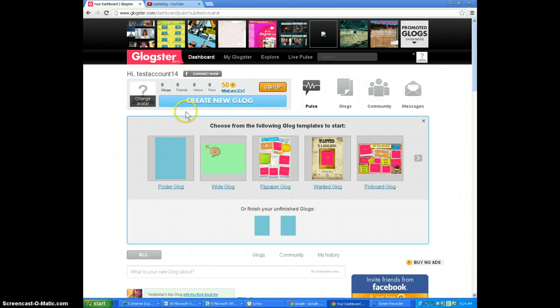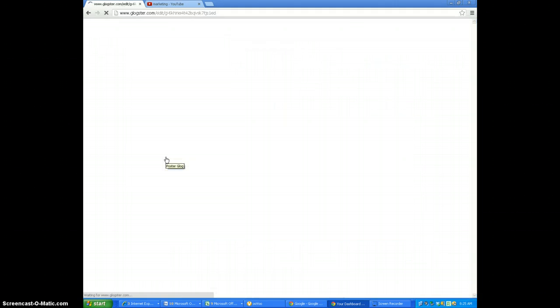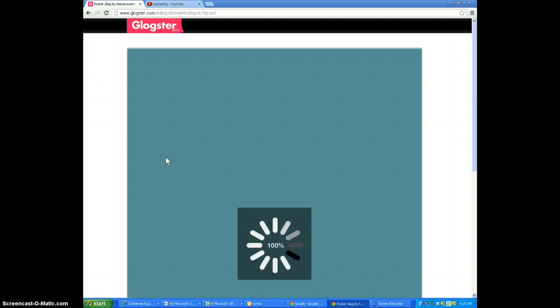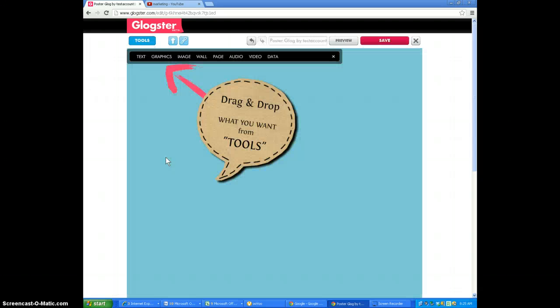We want to create a new glog. This set of templates should show up as soon as you come to this page, but if not, you can click the Create New Glog button and you'll get this template. There's all different kinds of appearances for a Glogster poster, but we're going to start with just a plain poster glog without all of these other placeholders. So you're going to click Poster Glog, and it's going to take a moment to load,